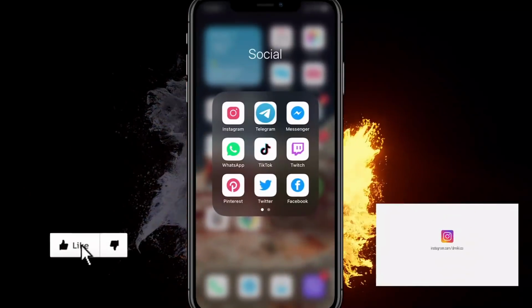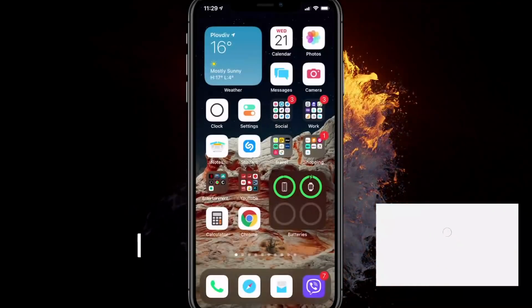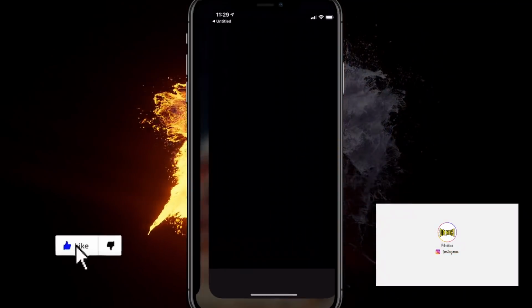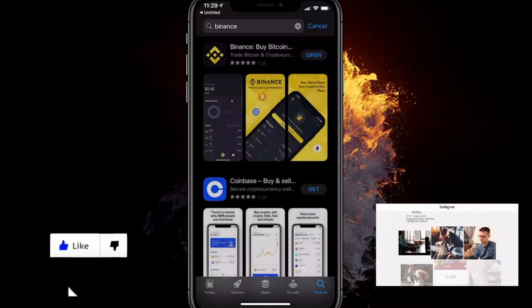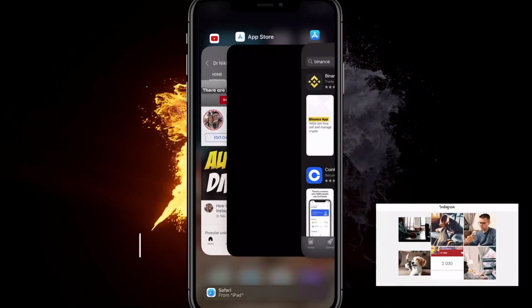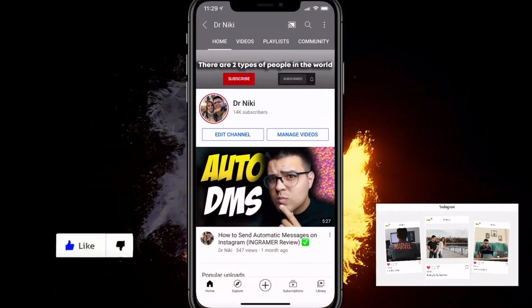If no one else is having it, it's just you, what you can do is go on the App Store and just download the latest version of Binance. Type in Binance, install it, and that should fix the issue. If you still have issues, you should submit a